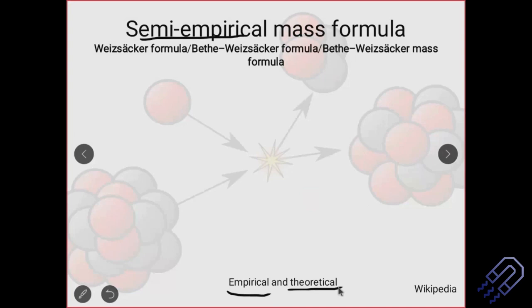On the other hand, you say that with time your age keeps on increasing, until and unless you consider relativity and all. Now, this is something which is nothing but observed, empirical in nature, okay? So that is there. So, empirical formula, you should not get confused, because if you are using different books, which I'm sure all of you are using to understand things better, you'll see that they will use different terms: Weizsäcker formula, Bethe-Weizsäcker mass formula, all of them more or less stand for the same thing, okay?